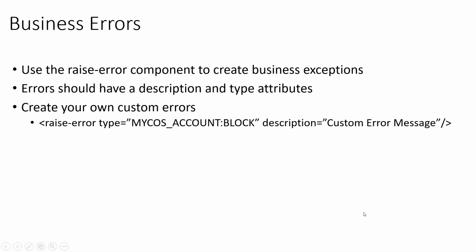So now talking about the business errors. Every application will have some sort of business errors. You have to create your own exception because we never get any business exception out of the box. So we create our own. This should be created using the raise error option that we have, and that should always follow a namespace and identifier construct. As you can see, I am setting up an account namespace, which belongs to the account entity, and has a blocked identifier, and a short description about the message.